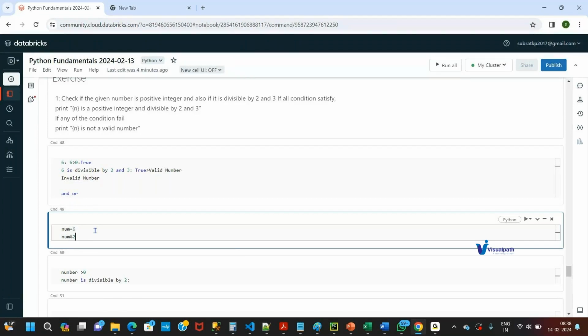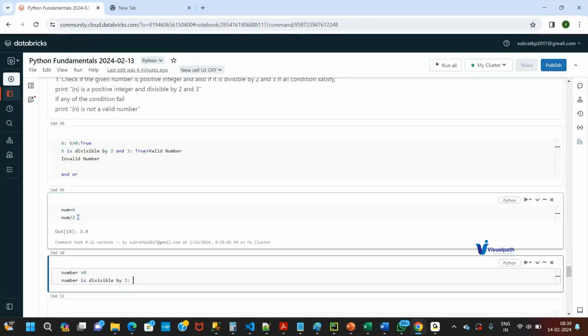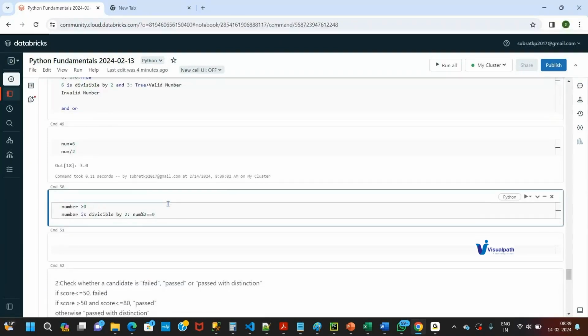So number is divisible by 2. How to do it? Number modular division 2, and what should it be? It should be 0. So 0 means we are checking the condition, right? The conditional operator to check if two values are equal is the double equals sign. Double equals 0, right? Similarly, I have to check number is